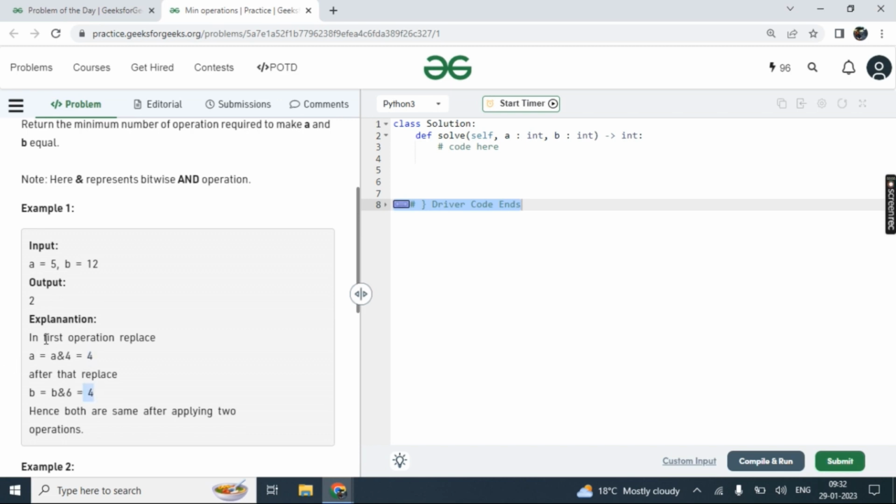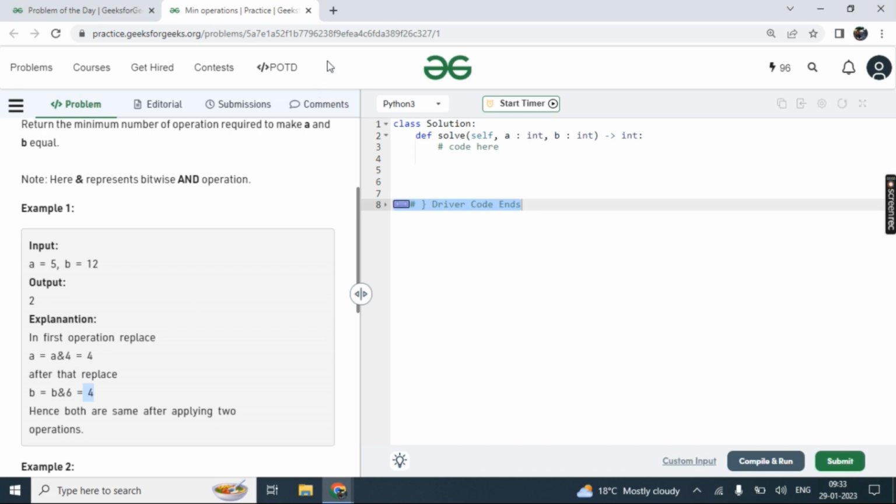As we said, a is replaced with a AND any other integer and we get one result, and b is replaced with b AND any integer and we get another result, and both resulting integers should be the same. So how many operations do we need to make both integers the same? That is what we need to find here. If we are doing a AND b, we need to do the AND operation with any integer.